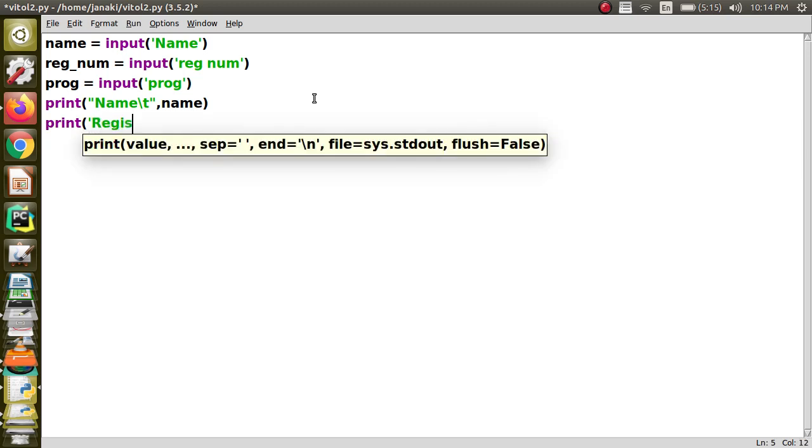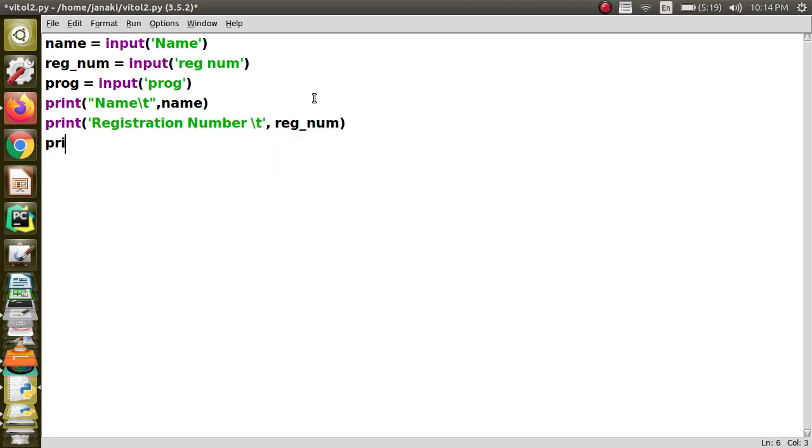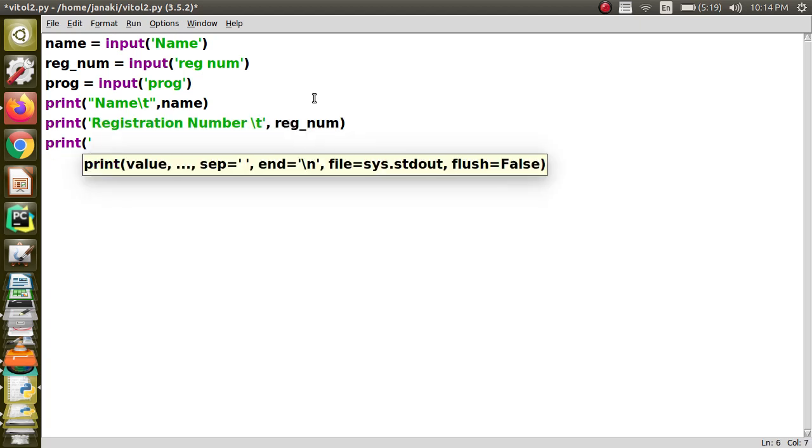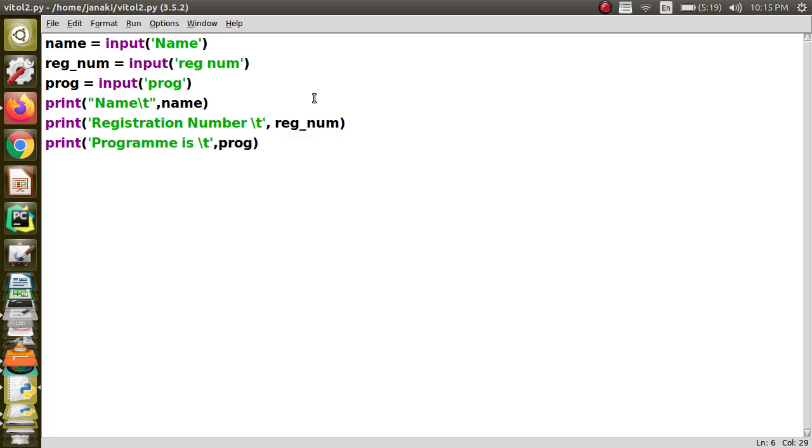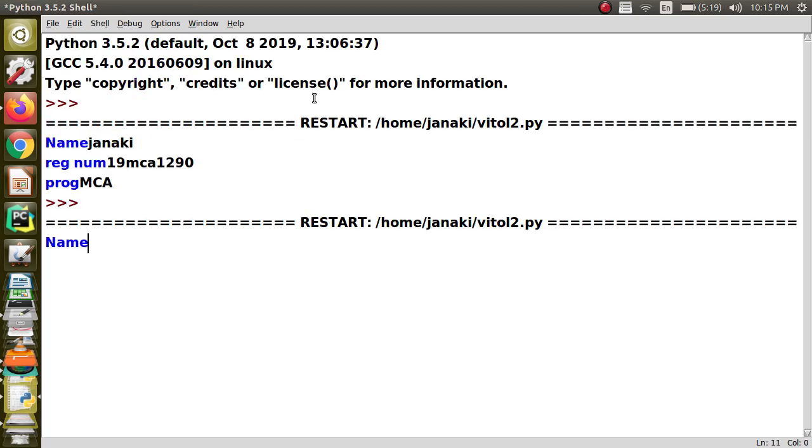So I can say registration number, and then I have to say \t, and then the registration number variable, and then I am going to print program, then \t, and the program variable. So now I can execute the code.